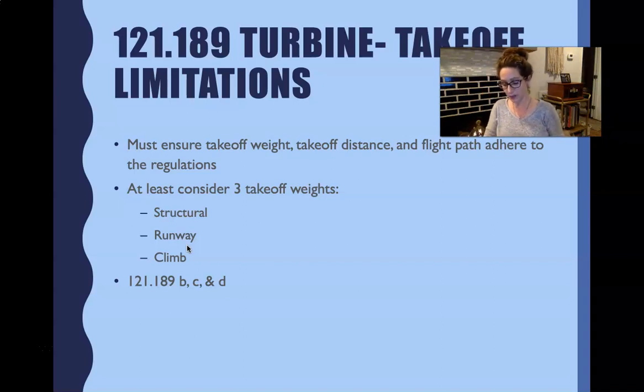D says no person operating a turbine engine powered airplane may take off that airplane at a weight greater than that listed in the AFM, and then it lists 1 and 2. 1 says that it allows a takeoff path that clears all obstacles by at least 35 feet vertically, or by at least 200 feet horizontally within the airport boundaries, and by at least 300 feet horizontally after passing the boundaries. And then paragraph 2